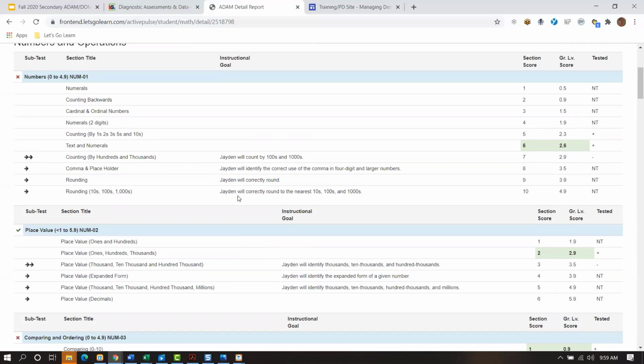What's the scope and sequence of what they need to work on next? You can see over here under tested, you can see how they did on each section. So if it shows NT, that means that they were not tested in that section. A plus shows that they were tested and showed mastery, and a minus indicates that they were tested and did